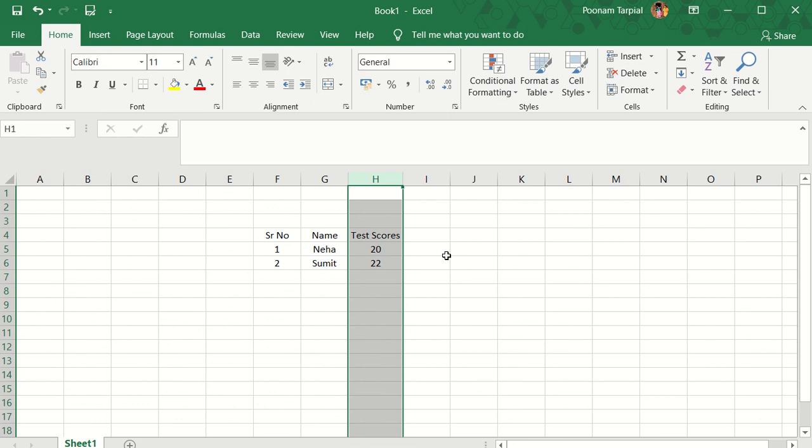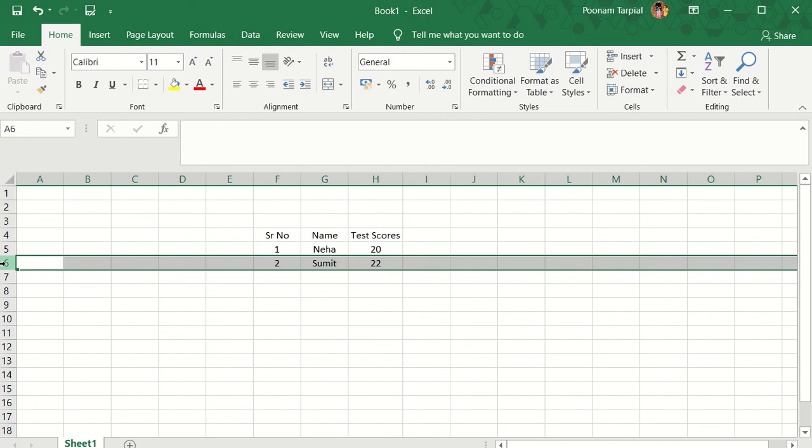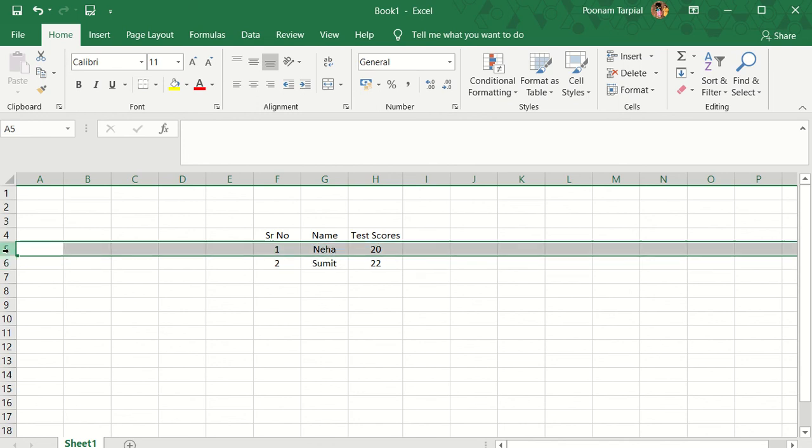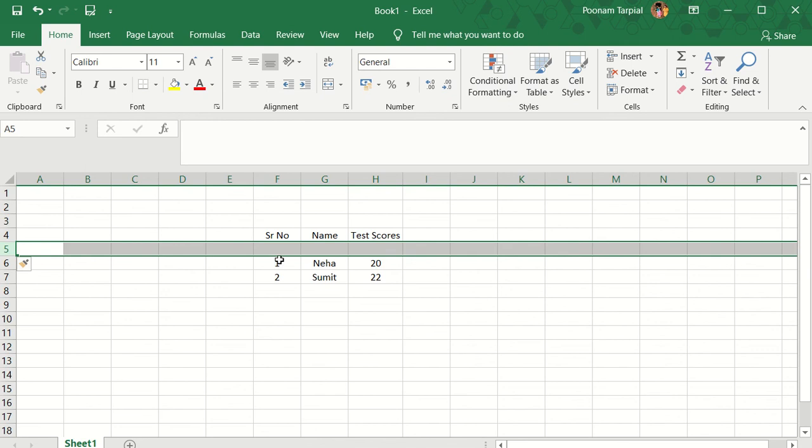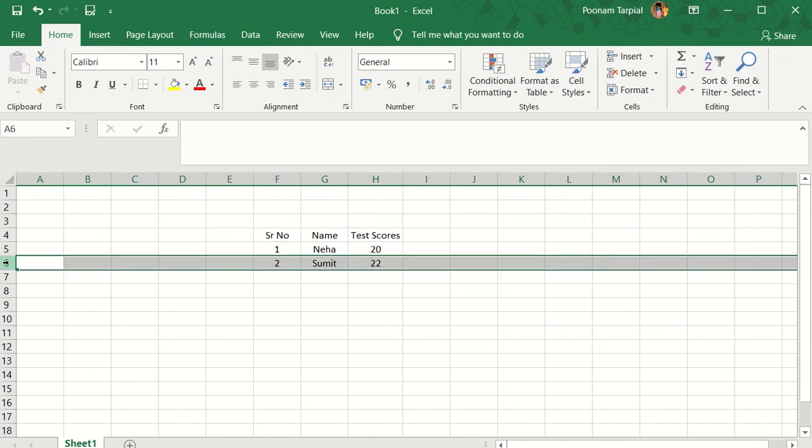Now this one is for adding a column, and another one is how you can add a row. If you want to add a row, you need to highlight that row. Again, as in the first method, you can click on insert over here, and then you may insert a row right just above it. So this is one way of doing it. However, if you don't want to do it this way, another shortcut is to highlight that specific row and press the control and the plus button simultaneously.